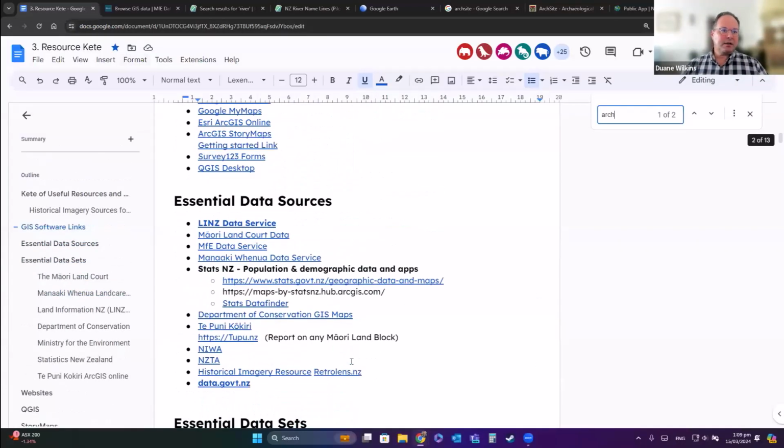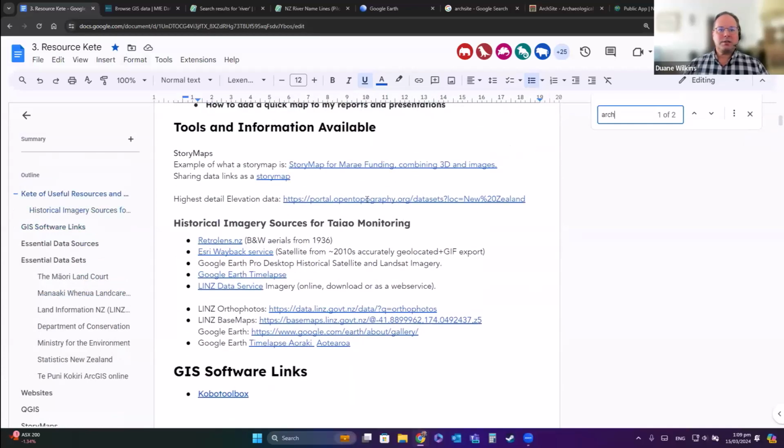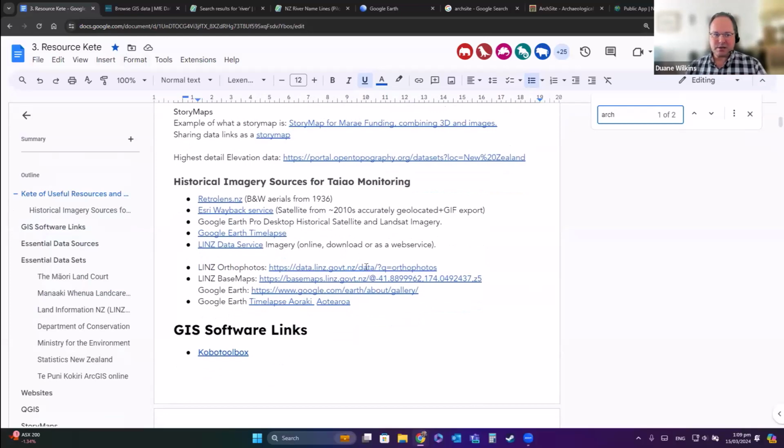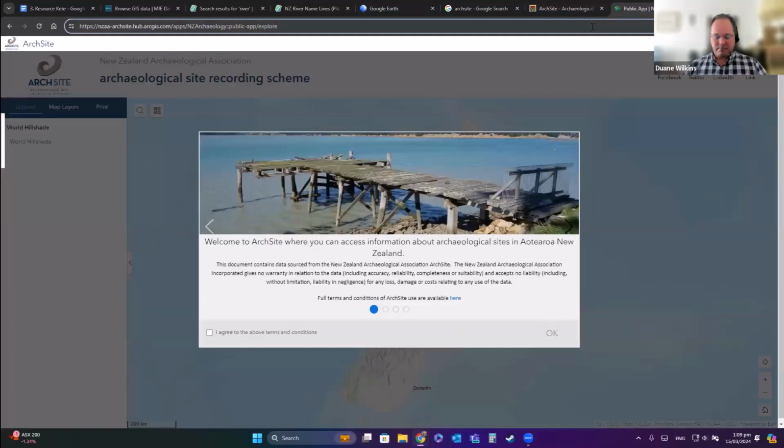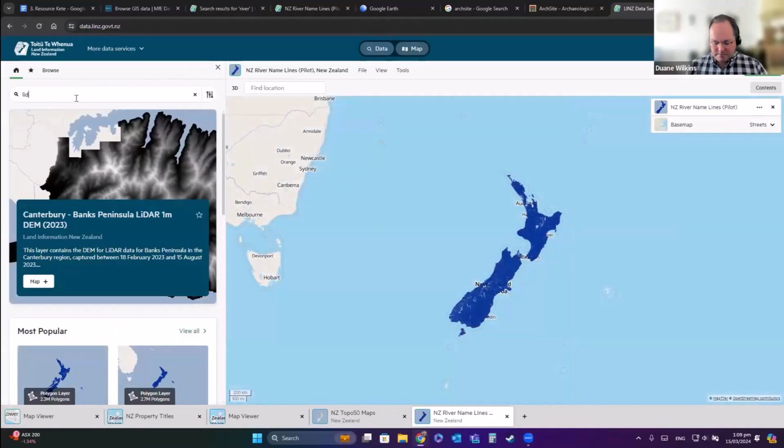So LiDAR, if we come back up to the top here, there are two different sources. If you want the core source data, you can go to either Open Topography, or you can go to the LINZ data service, because I believe the LINZ data service now are streaming LiDAR point clouds directly. So if we go to data.linz and go to LiDAR,